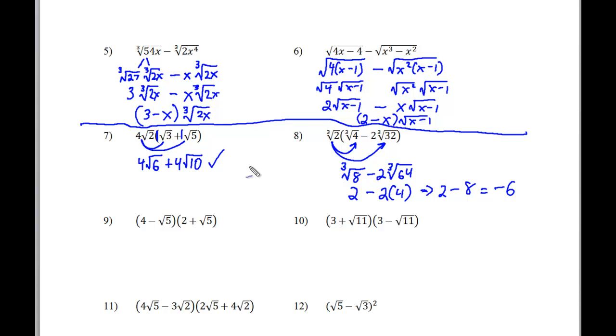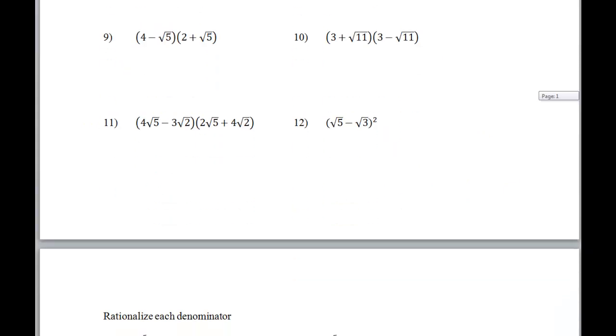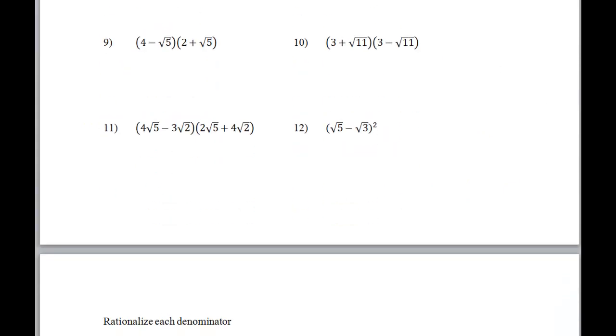When we get to a problem like 9 through 12, we're going to get to FOIL. And FOIL is an important part before we get to the second of our 3 videos for this worksheet. So FOIL still follows first, outside, inside, last. First is 4 times 2, which is 8, then 4 times the square root of 5, which is 4 square roots of 5. Then we go negative square root of 5 times 2, which is going to be negative 2 square roots of 5. And then we have negative 5